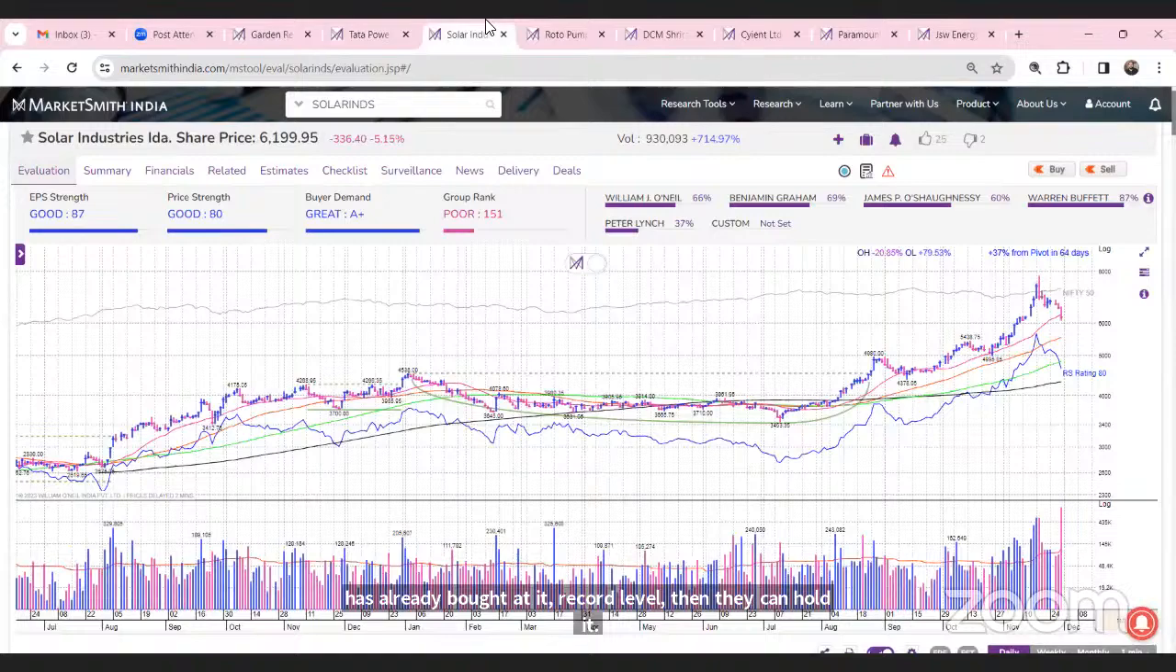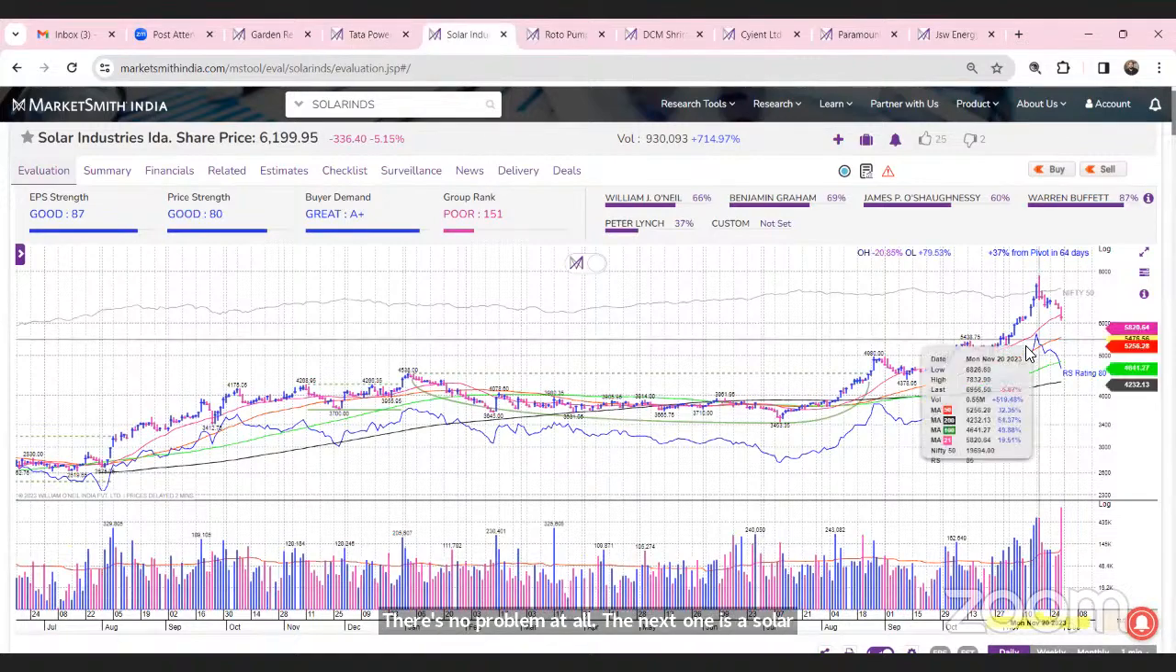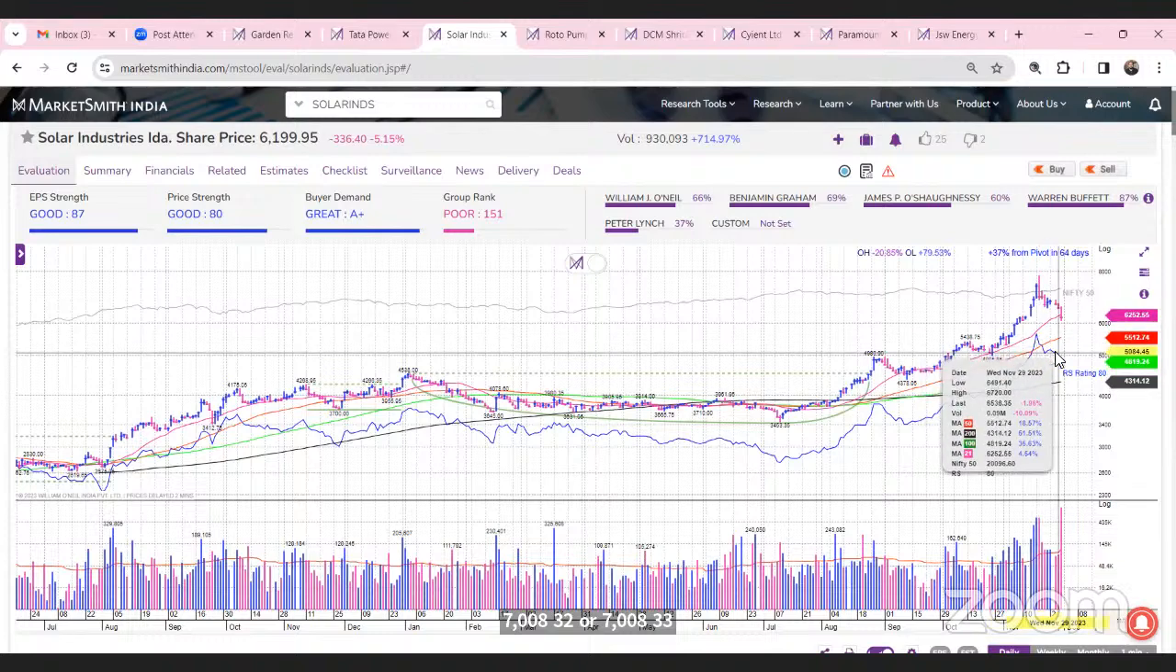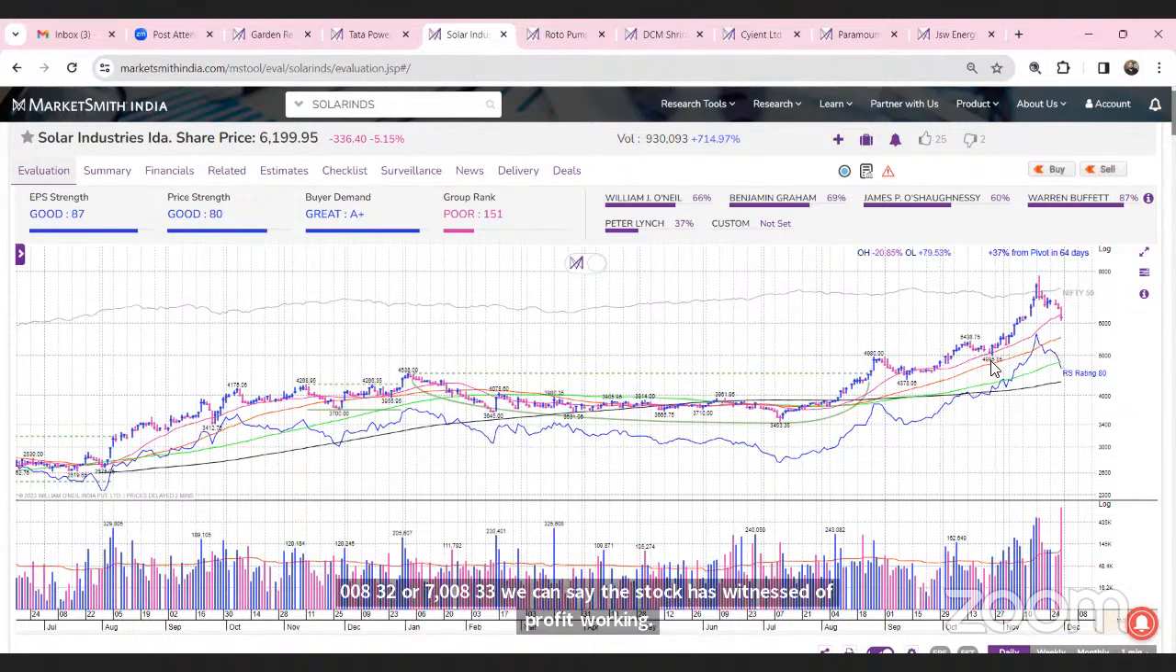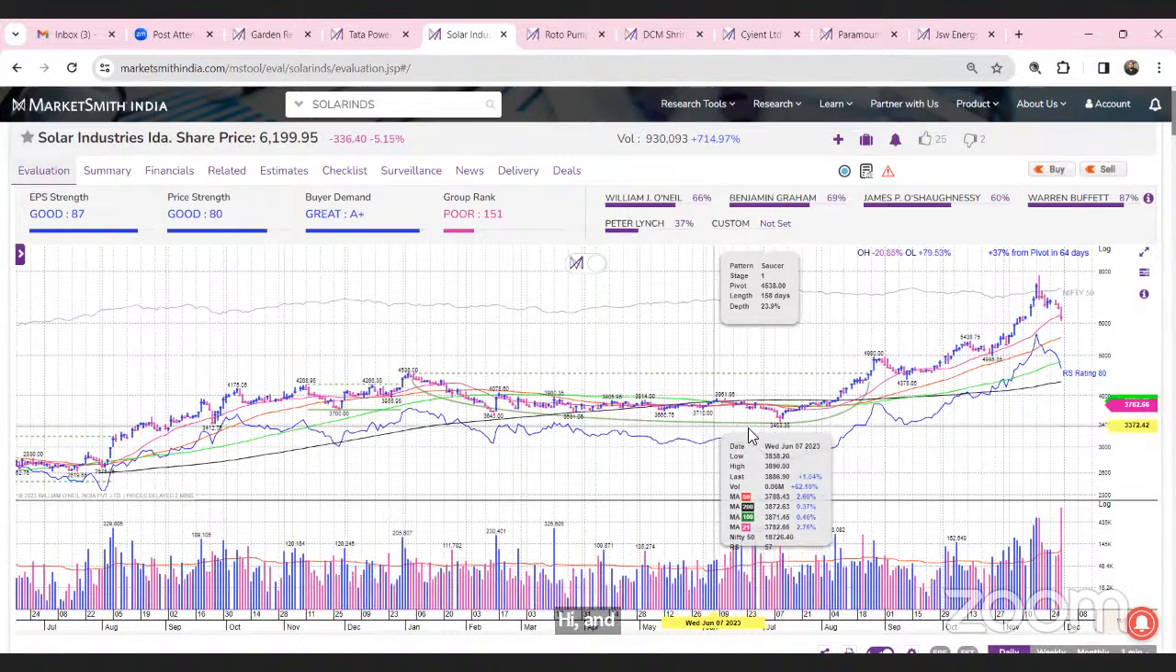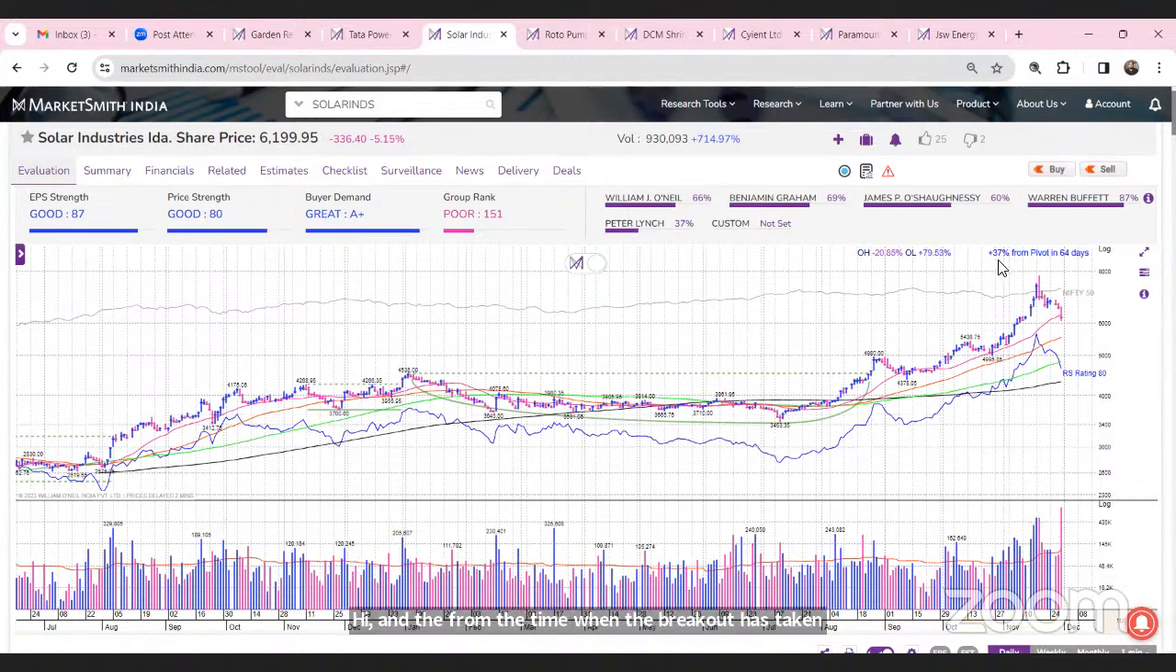The next one is Solara Industry. So Solara Industry, after hitting its recent high at 7,832 or 7,833, we can say, the stock has witnessed profit booking at the higher level. And from the time when the breakout took place here, the stock has already gained 37% from the pivot level. So in 64 days, we can say 2.5 months of trading sessions, the stock has actually returned 37%,